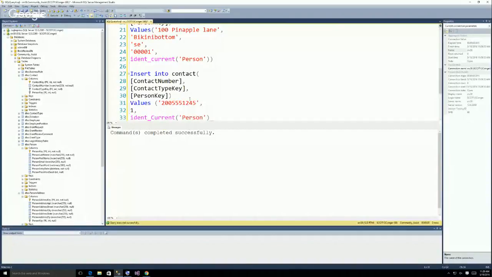So, what is this ident? Ident current returns the most recently generated auto number from the table that you put in here. So the table person. Because we don't know what the person key is until the person's been inserted, right? I'm going to zoom here so that you can see more of it. Person is the SquarePants. Yes. So if we go up here,